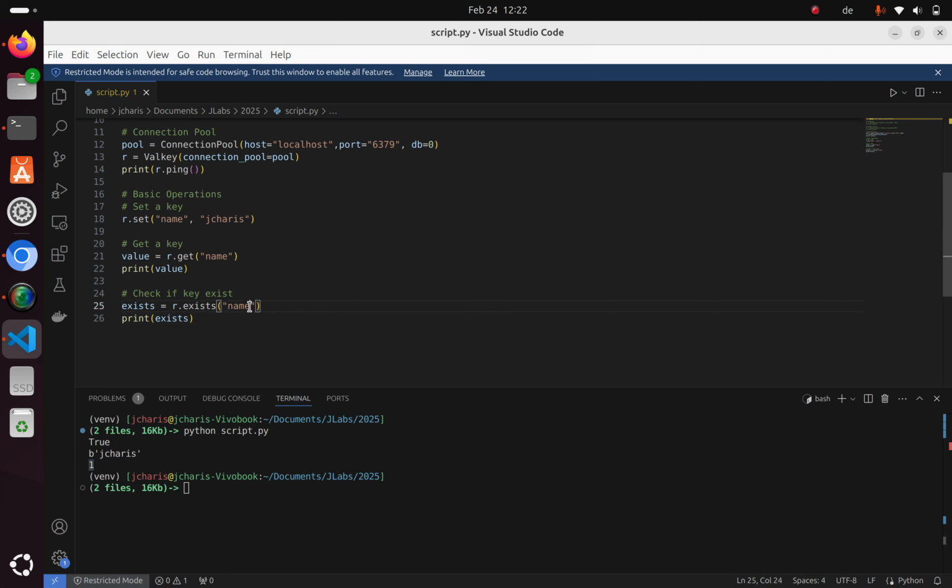If I do names, you're going to get a different value. That means it does not exist. 0 means it does not exist. So 1 means it's successful, yes. 0 means not exist, right? Perfect. You can also